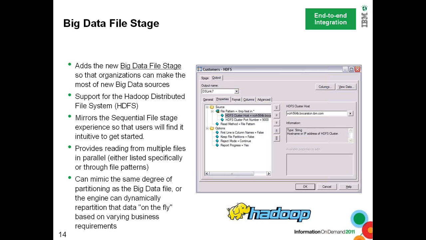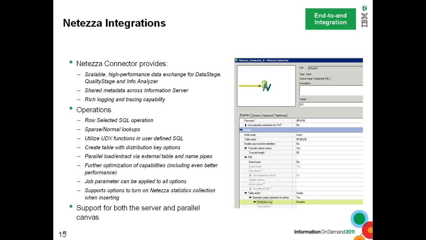That's IBM's distribution, the IBM Big Data platform, and this supports HDFS connectivity to Hadoop. It's a connector, a parallel connector, a parallel stage, which is available on the parallel canvas, and if you have the Hadoop cluster information and the connectivity information, the connection string, you can actually connect using this to the Hadoop HDFS system and fetch data from it or write data to it, right? So moving on to the next one.